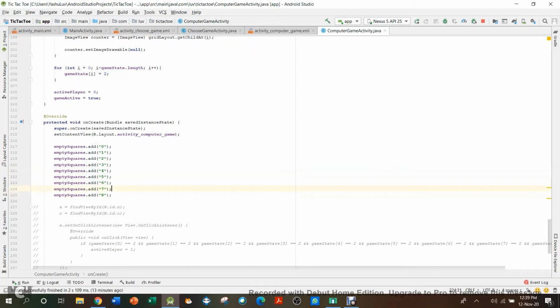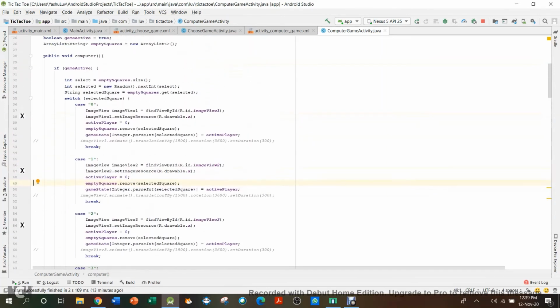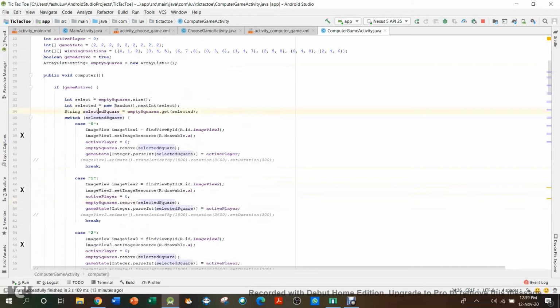So we can't do it that way, because if you choose the 5th item, it will take it as 4. But here when you do selected square, it will just select it as a 5th item. It won't get the 5th item, it will just take it as the 5th item number. So it will be like selected is equal to 5 because 4 has been removed.